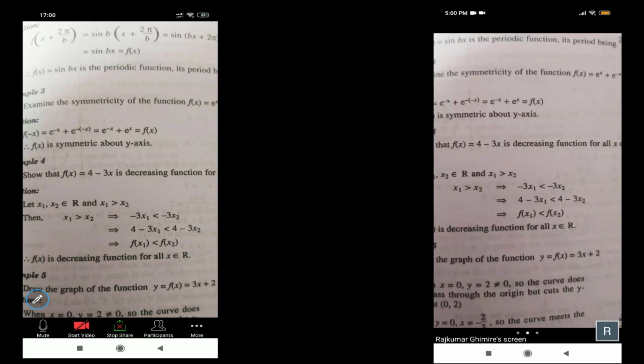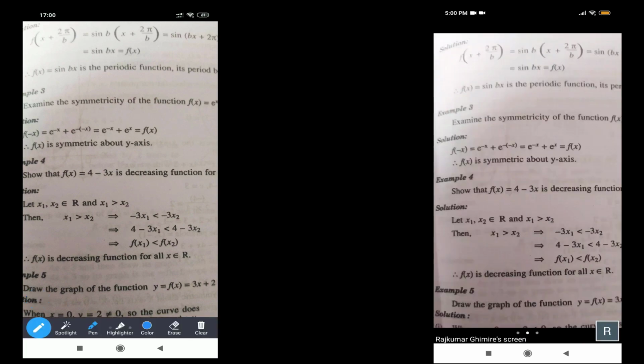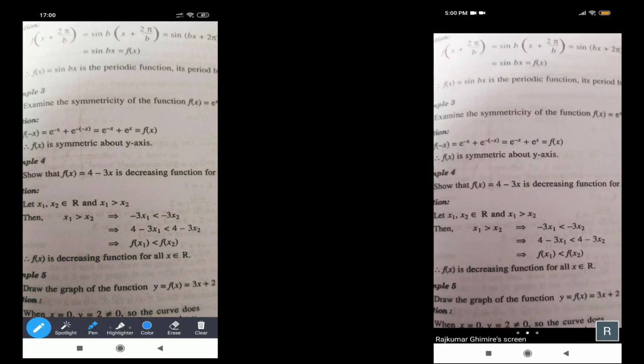You can see, so that he can explain what he wants to say by annotating. We have annotation options also for highlighting. So this is very useful for online teaching also.